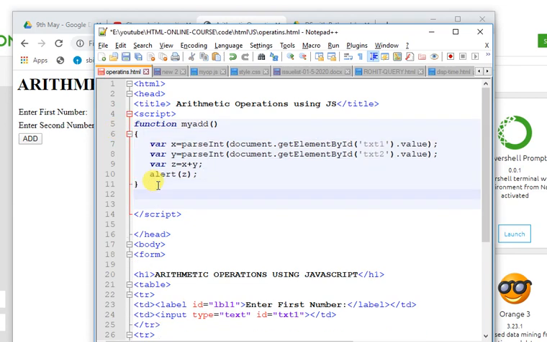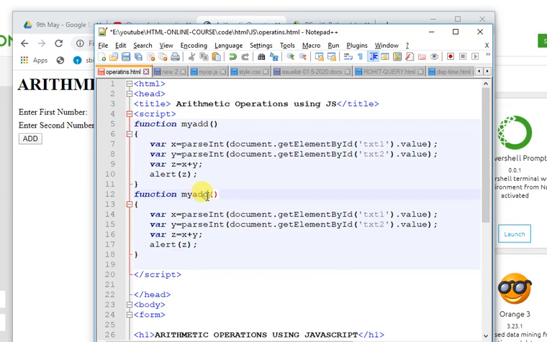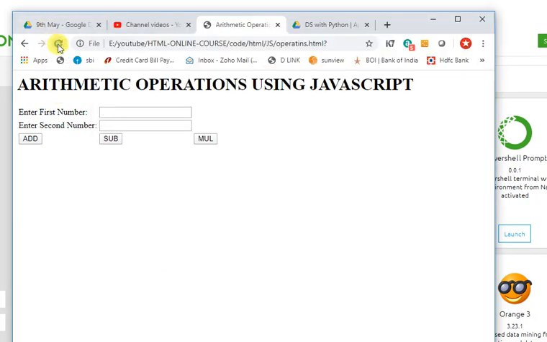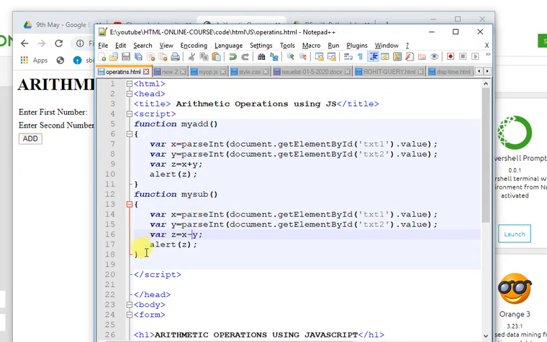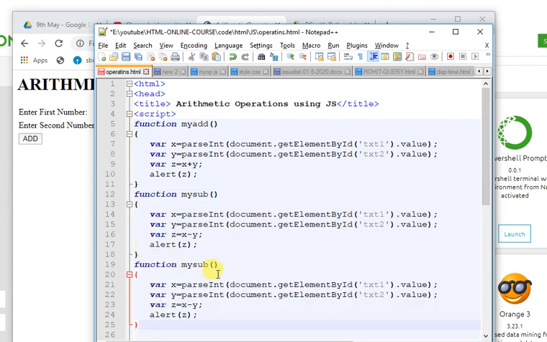copy this and paste it, and simply change it to my sub, and here change the operation to minus, save it and test it. 5 and 5, subtraction, you got 0, and addition you got 10, right? The same way, Ctrl+C, Ctrl+V, my mul, mul, and change the operation here, save it,